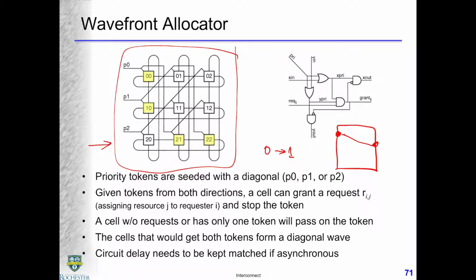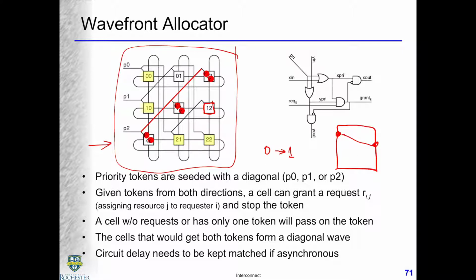And the way we do this is we seed some tokens to different places, and we see who can grab them. Let's say you're sitting here and you have a request. That means your input port 1 wants to go to output port 2. You want the input port 1's token and the output port 2's token. If you get both, you can go. If you don't, you can't. Okay, so how do we do this? Well,